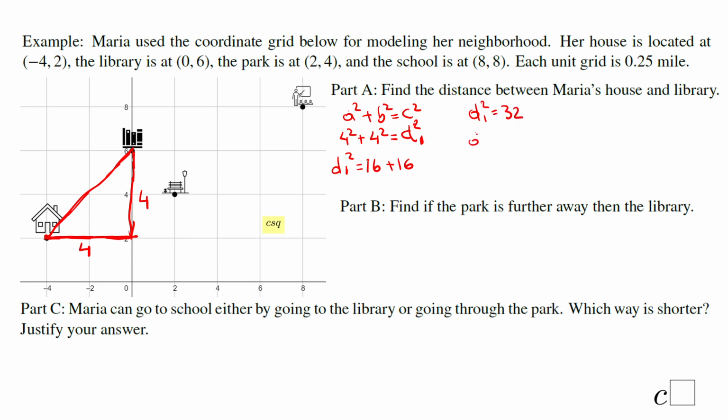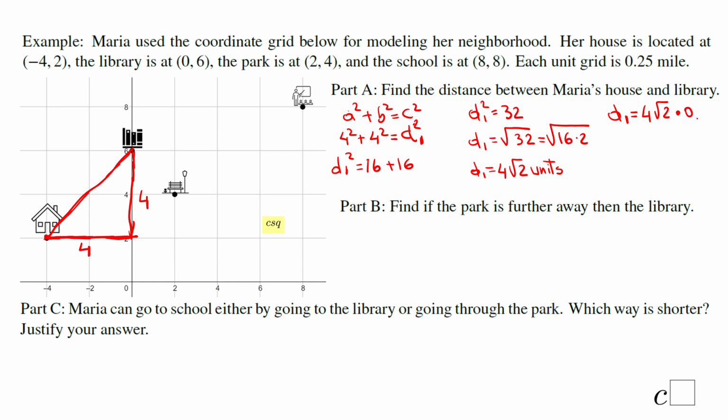And to find d1, I'll take the square root of 32, which can be simplified, right? 16 times 2 will be the best way, and that will give us 4 square root of 2. But now this is units. Very important to understand, this is the distance in units. Now if we really want to find the distance in miles, we have to multiply this 4 square root of 2